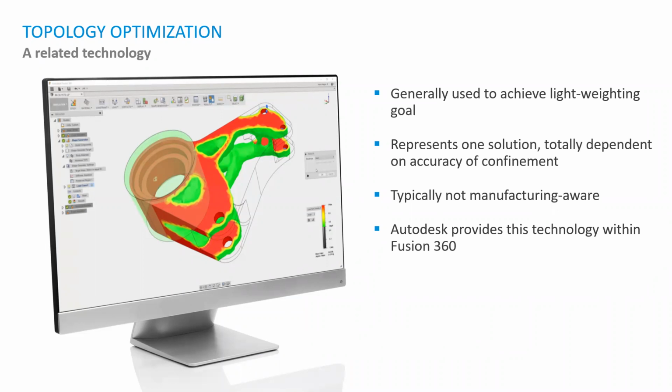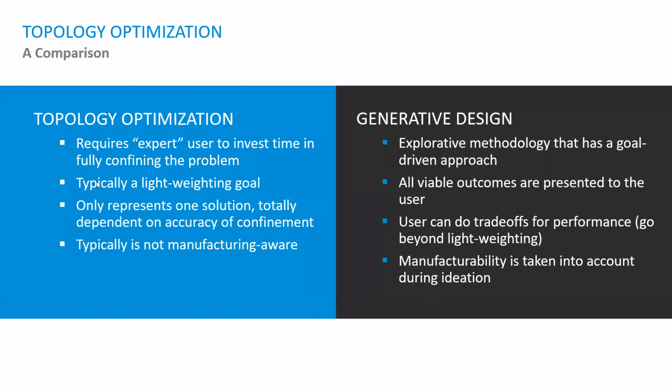But topology optimization only gives you one result according to your input, and for that you need a lot of expertise. You need to put in a lot of real-time data. Designers need to have a lot of experience. Then only can you get good results from topology optimization. Topology optimization is also available in Fusion, you can try this one also. Now I'm going to explain the difference between topology optimization and generative design.